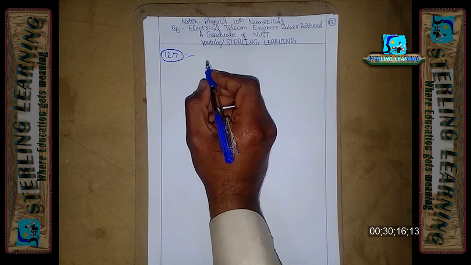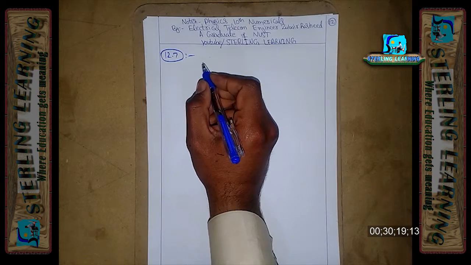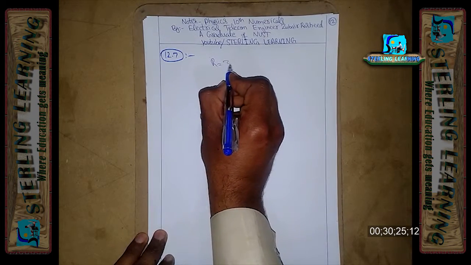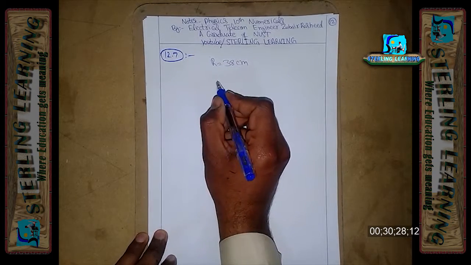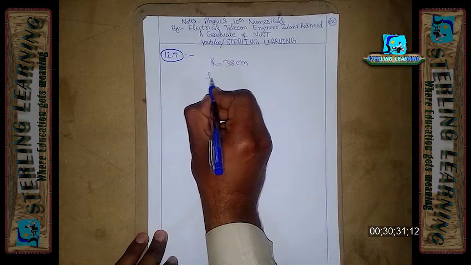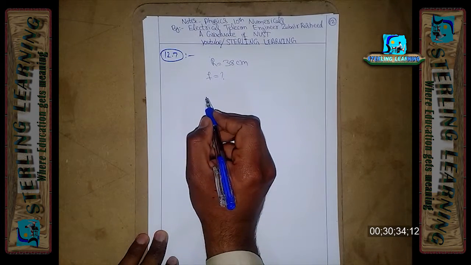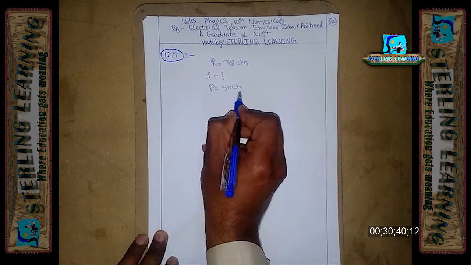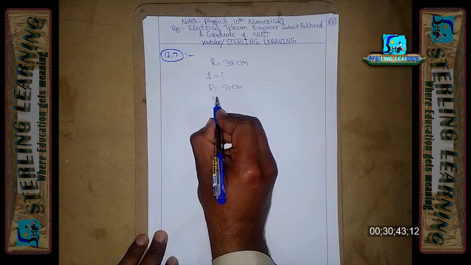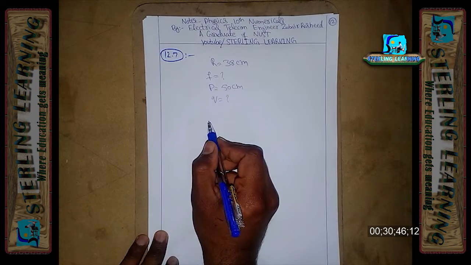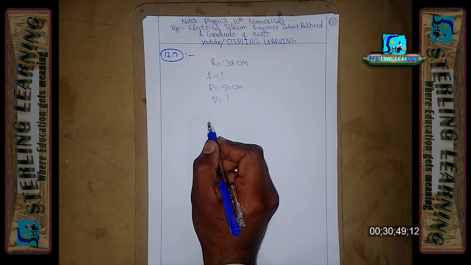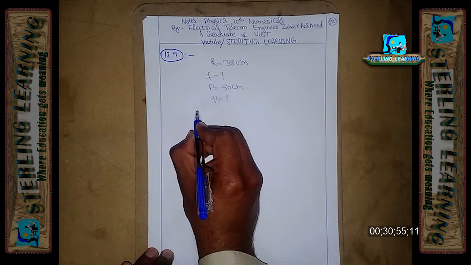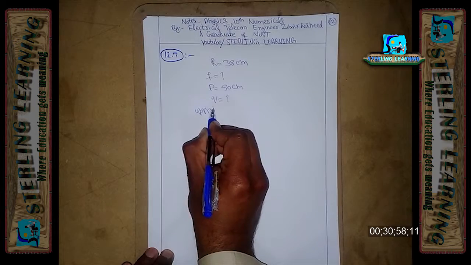Nabila uses a concave mirror for doing her makeup. The makeup mirror has a radius of curvature r equal to 38 centimeters. F पूछ रहा है, what is the focal length of the mirror. नबीला की लोकेशन जो है वो 50 सेंटीमीटर दूर है। क्यू की लोकेशन पूछ रहा है वो। उसके बाद will the image be upright or inverted, ये पूछ रहा है।